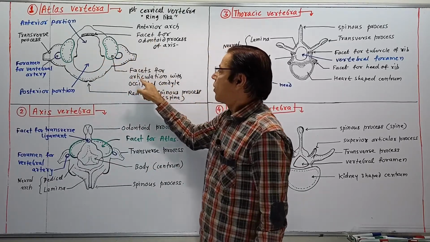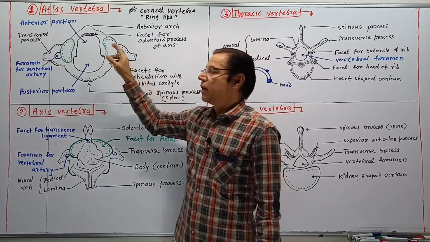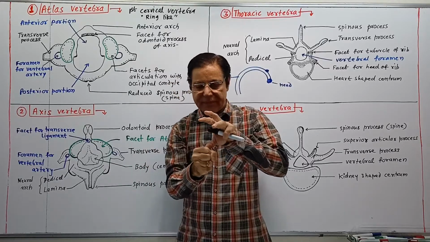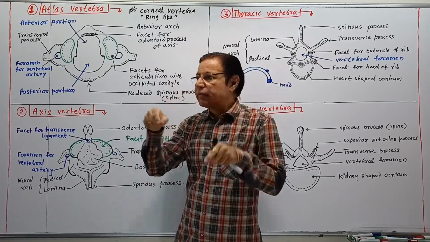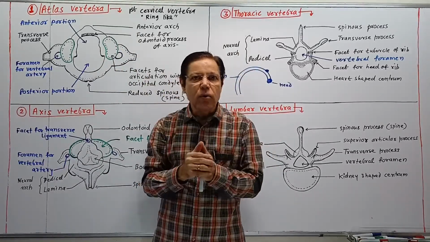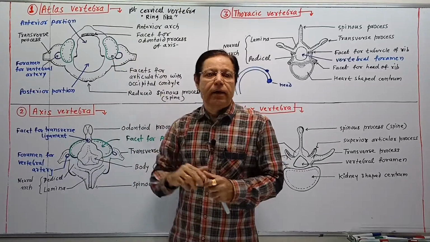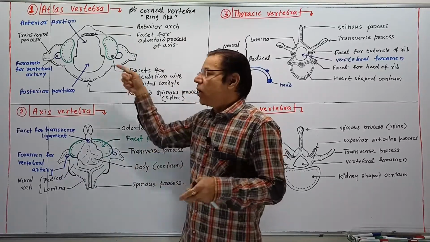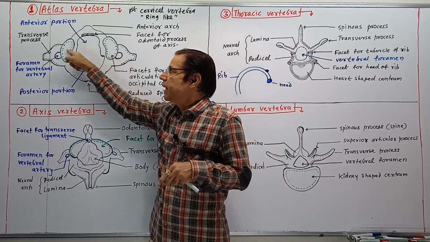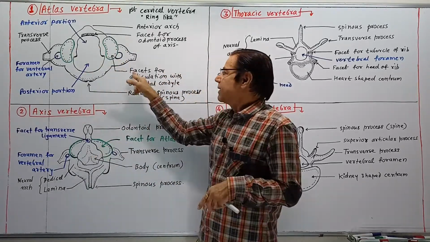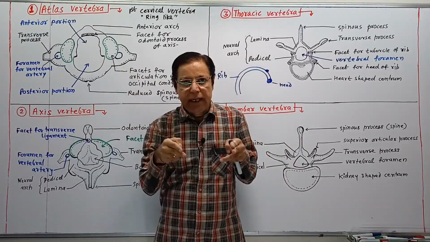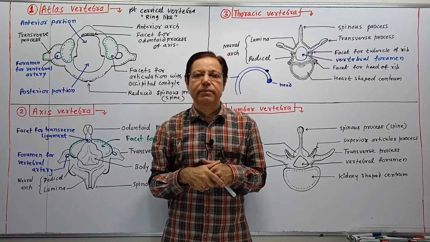Okay, and in this way, another special feature located on the atlas vertebra is that there are facets for articulation with the occipital condyles. Above the atlas vertebra the skull is fitted, meaning the globe of the head gets fitted over the atlas, like Atlas holding the globe of the earth. That is why it is called the atlas vertebra. The two occipital condyles of the occipital bone of the skull get articulated into the facets for articulation with the occipital condyles, and it forms a joint like this.